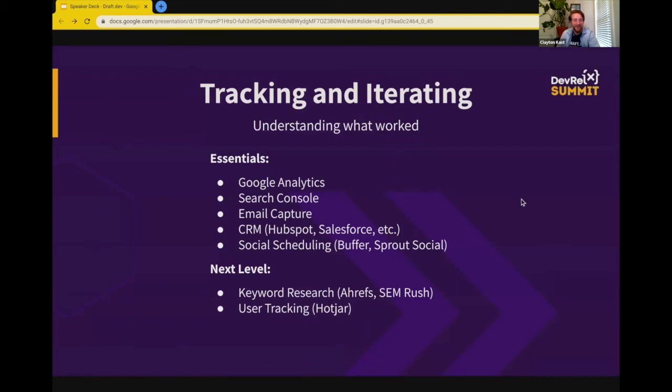Tracking and iterating, make sure you put in the effort to understand what worked. Some of the essentials here: Google Analytics, Search Console, email capture, have a CRM, have social scheduling to make all this easier. A lot of these applications are free. We all know about them. Sometimes it just gets lost in the mix, like I said,